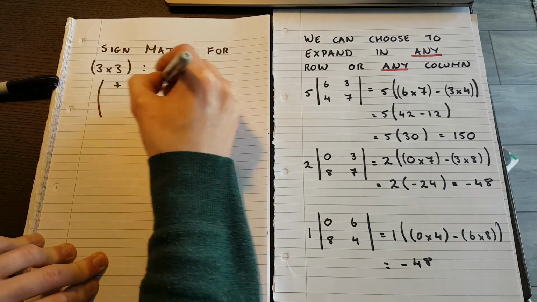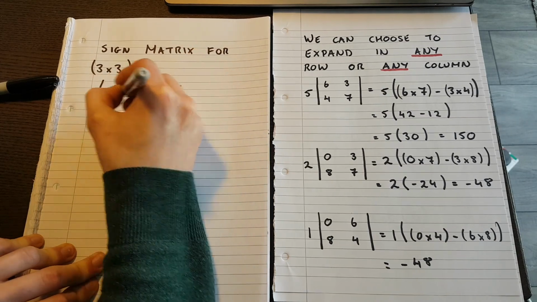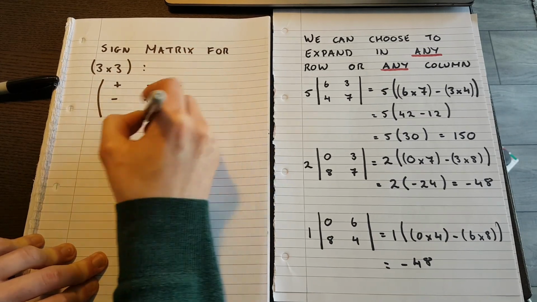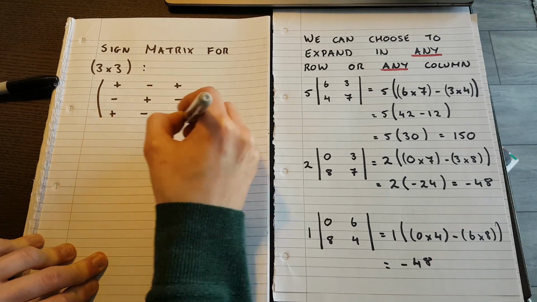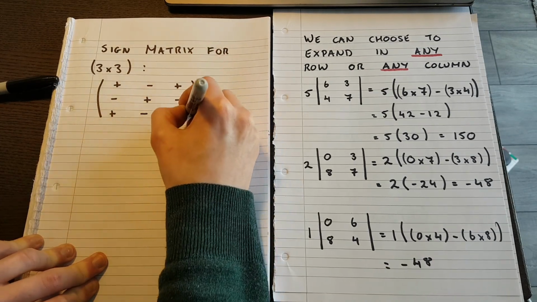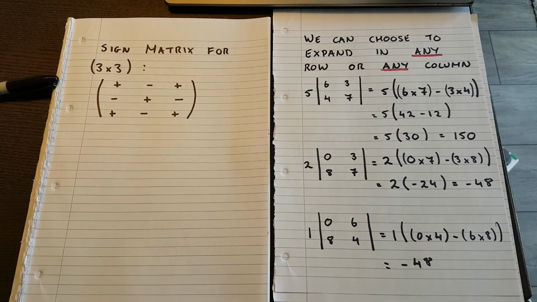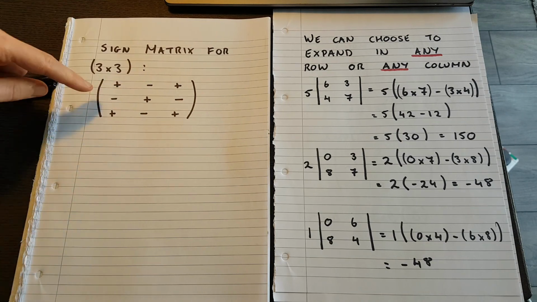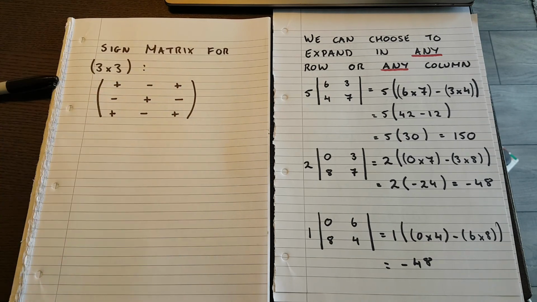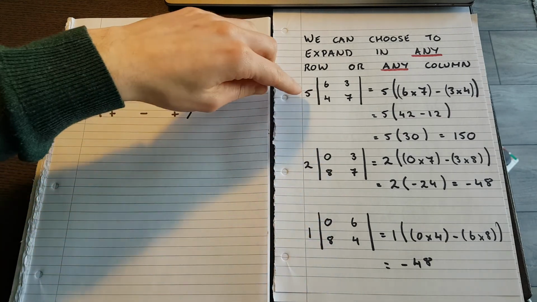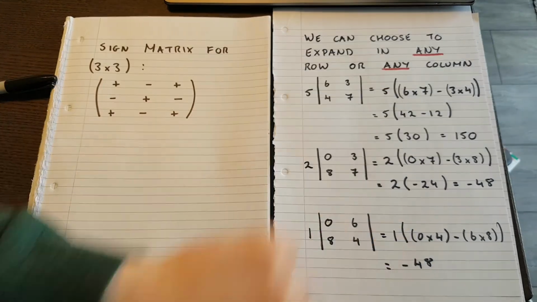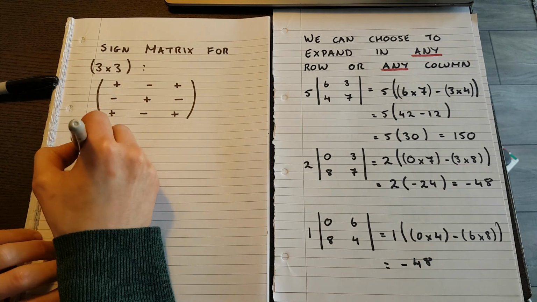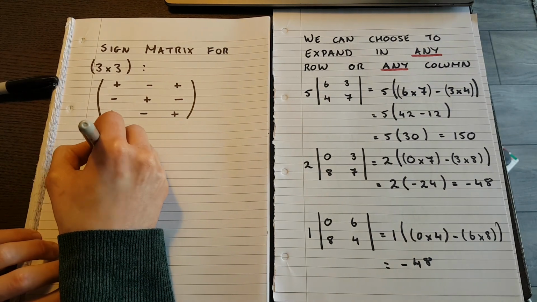It's plus, minus, plus, minus, plus, minus, plus, minus, plus. Plus, minus, plus in the first row, then minus, plus, minus, and plus, minus, plus. Now I need to take the values that I've just worked out. So the determinant of B